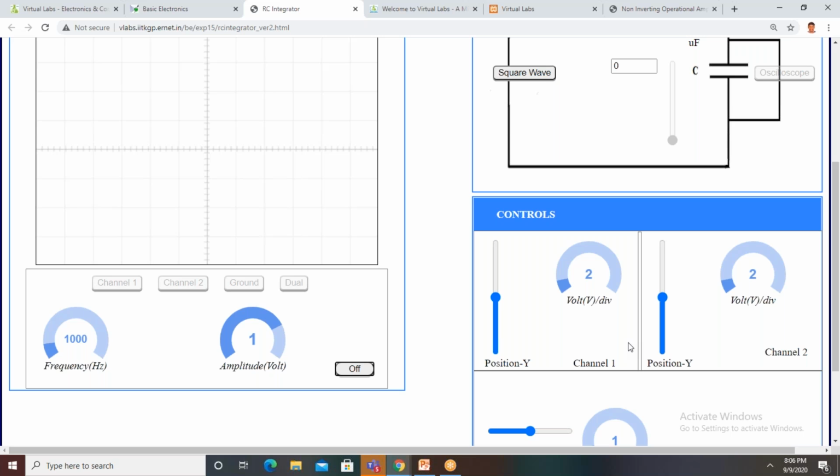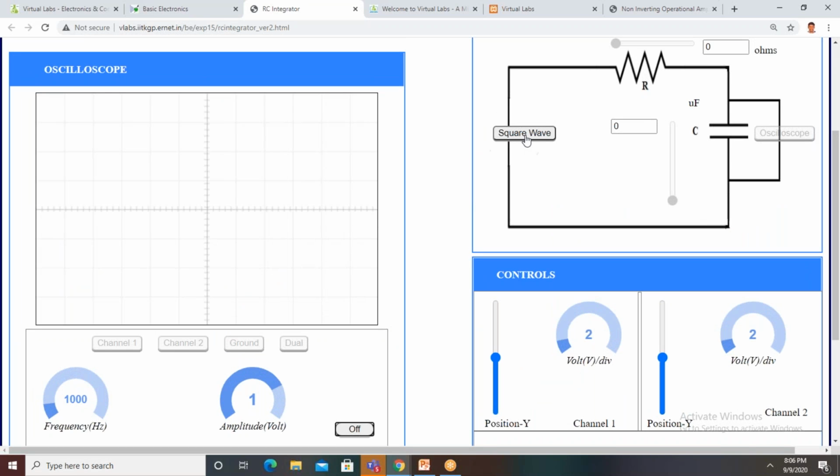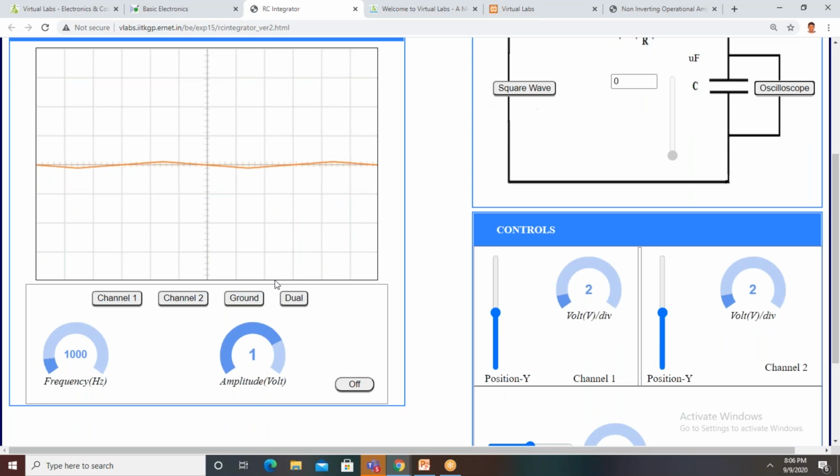Okay. So you click on square wave signal and you click on oscilloscope. Now the waveform will be available here. If you want to see both input and output, you click on dual. This is your input signal. What is the input signal we are applying here? Square wave signal. What signal do we get here? Is it a triangle wave or not? Just by varying these positions. One minute, I will show you. These are the positions. This is the amplitude.